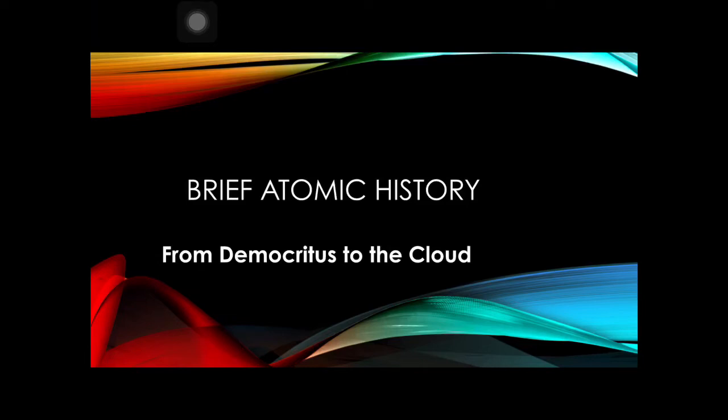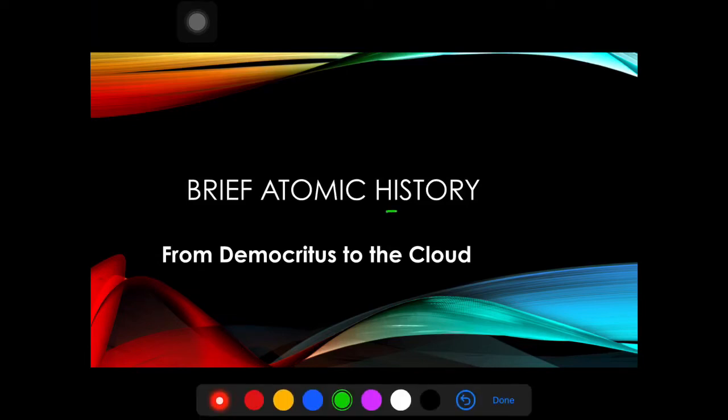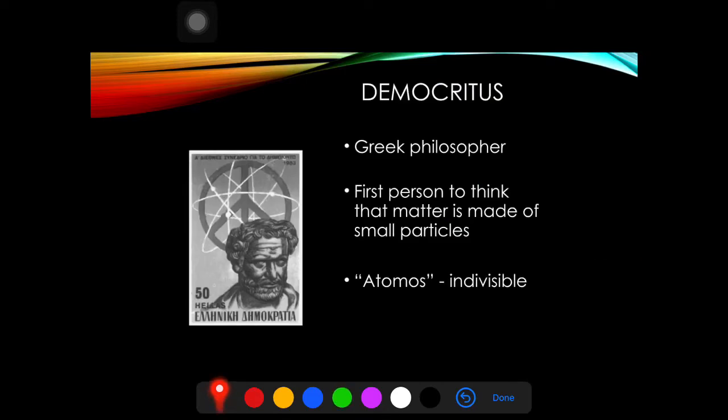Okay, we get to start chemistry today with a history lesson, which is kind of unique in chemistry. We don't get to talk about history very much in chemistry. The first person we're going to talk about in our history lesson is a Greek philosopher called Democritus, and he doesn't even have a first and last name. He is the first person that we give credit to for the word atom because he is the first person to think that matter is made up of very small, indivisible particles, which means you can't break them apart, called atoms.